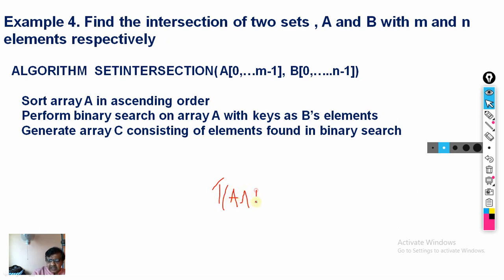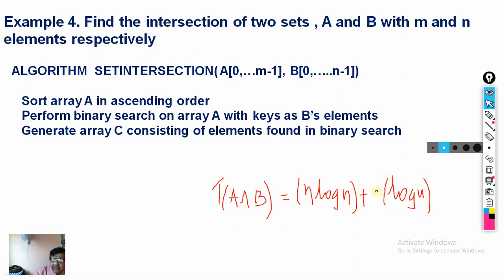A intersection B equal to the complexity for sorting, that is n log n, and the complexity for binary search, that is log n, applied maybe n times. Or it's better we select that array and arrange the array which has the least